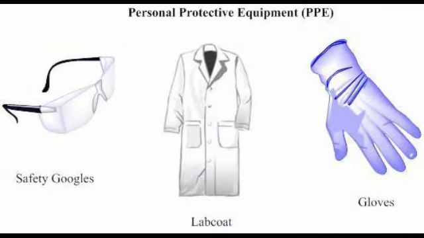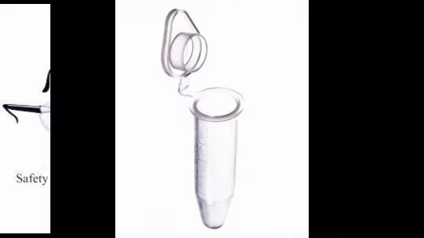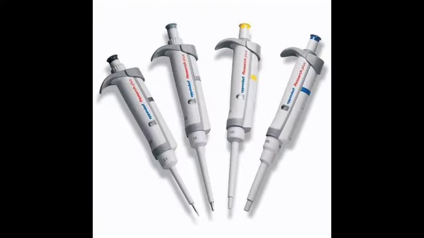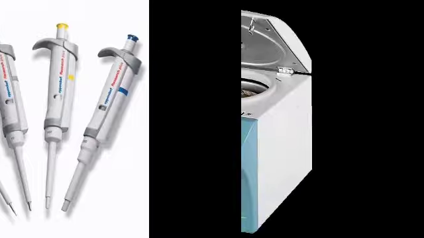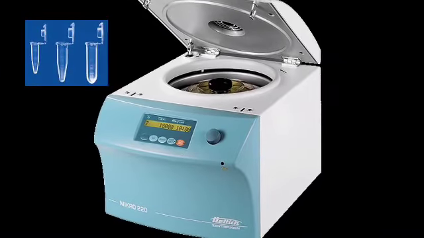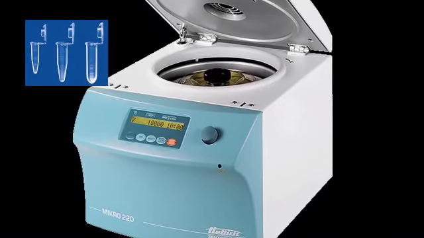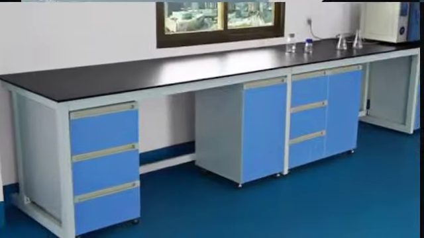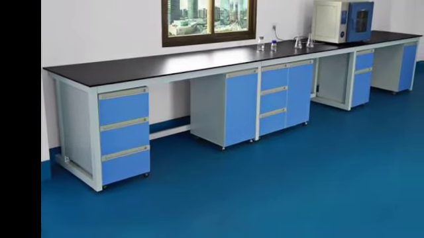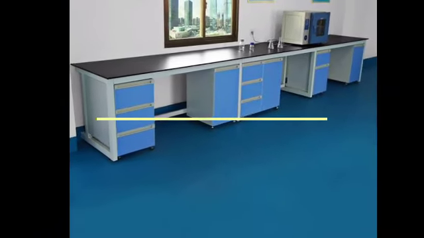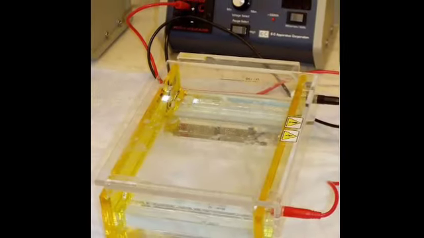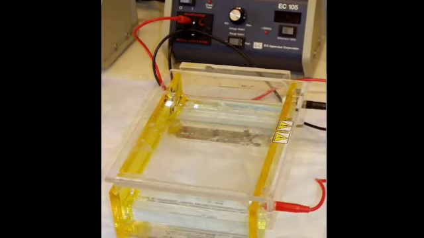This area should have a separate set of gloves, lab coats, plates, tube racks, pipettes, filter tips, bins, and other equipment. Tubes must be centrifuged before opening. The sample workspace should be cleaned in the same way as the master mix space. Now the fourth area, or post PCR product analysis area.